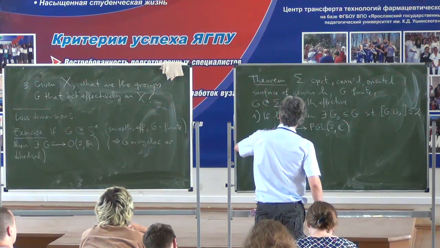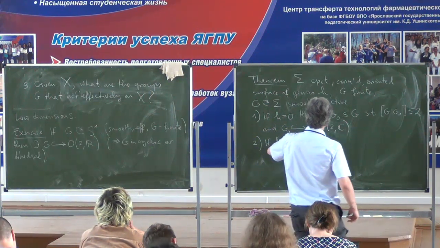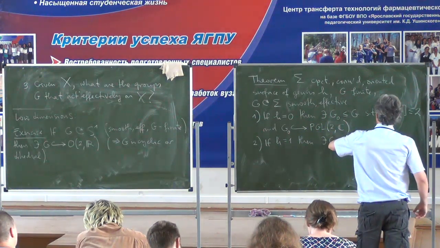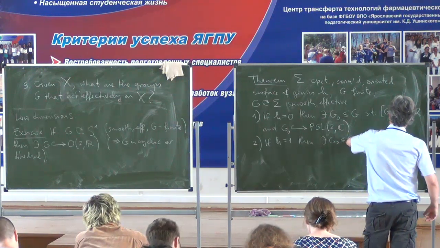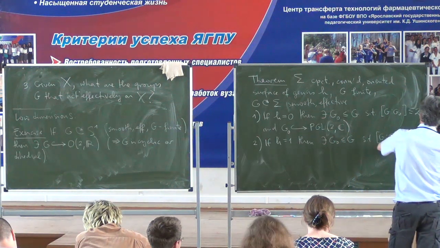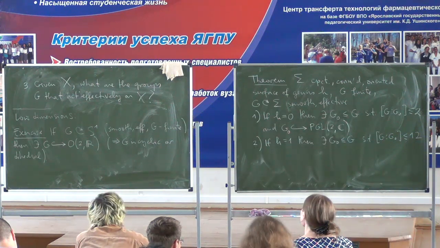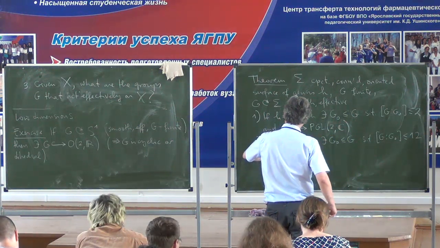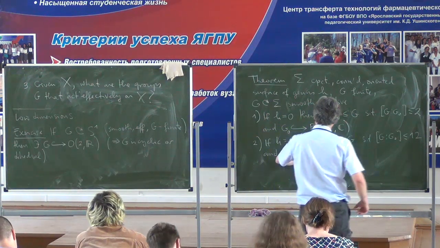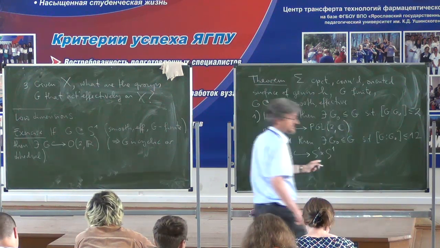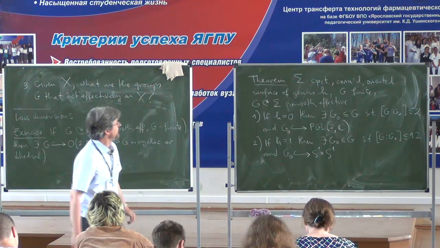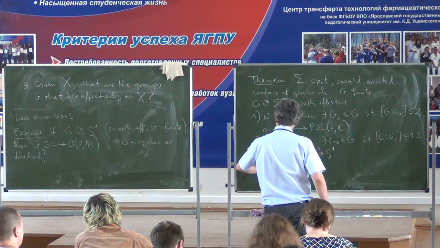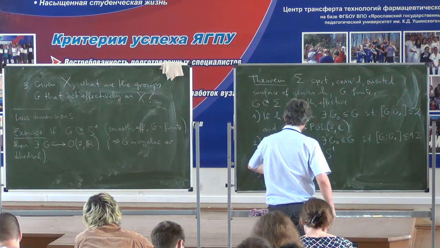If H is 1, then there exists a subgroup which has index at most 12 inside G, and this subgroup embeds in S1 times S1. Okay, and finally, if H is bigger or equal